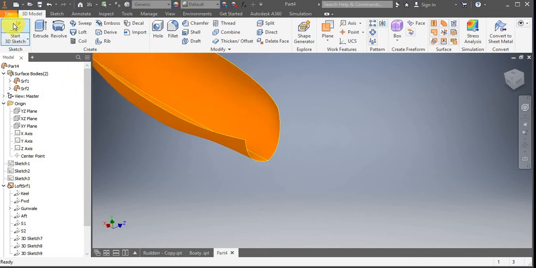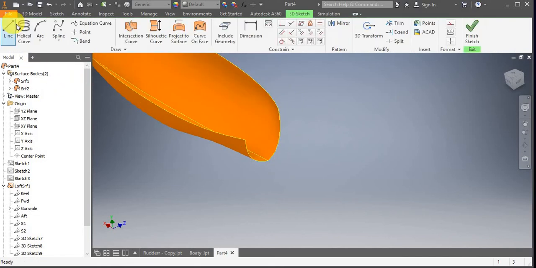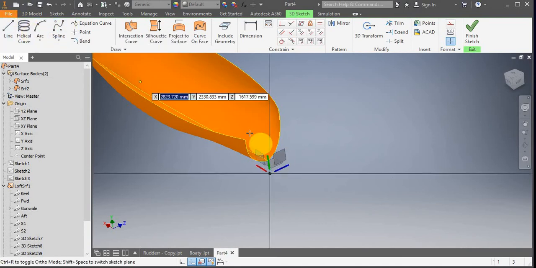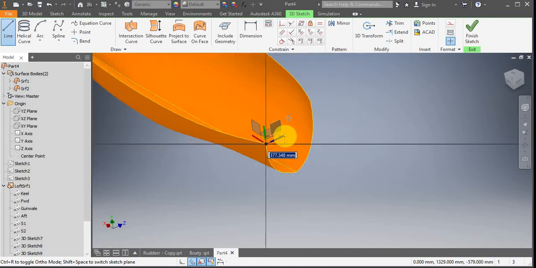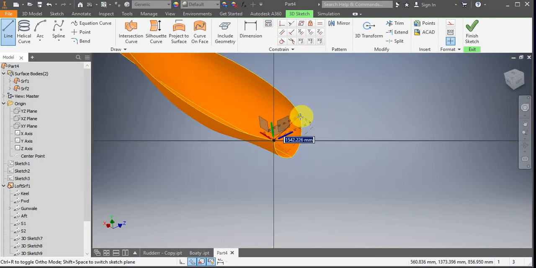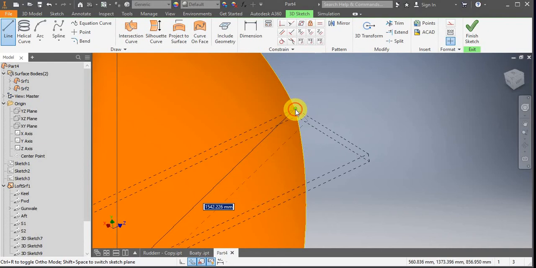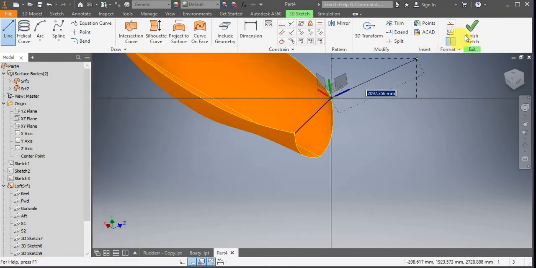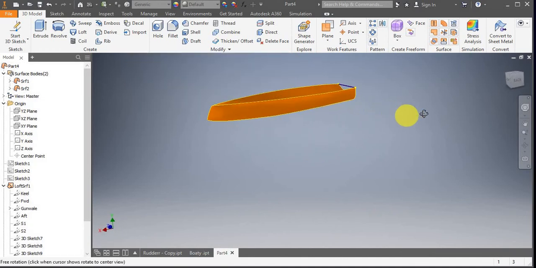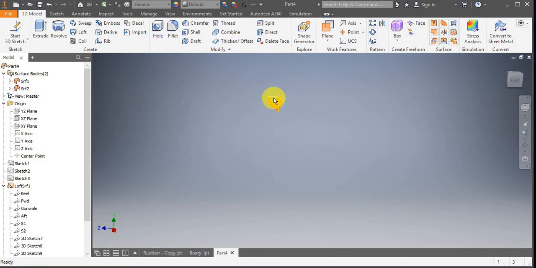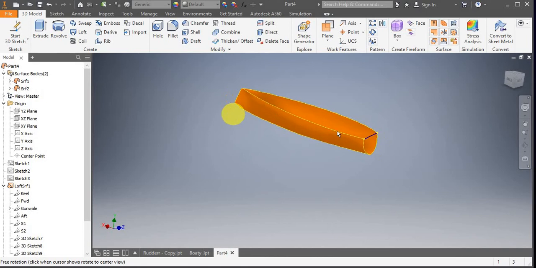So I'm going to start another 3D sketch. And I'm going to draw a straight line from this point to this point. And I'll click on Finish Sketch. Again, I do believe that if you would like to edit it, you should be able to